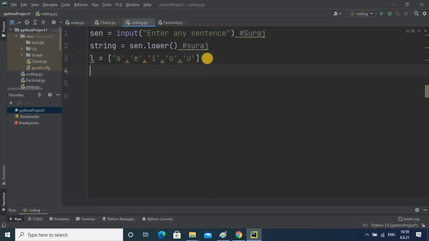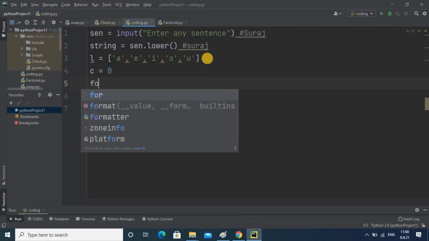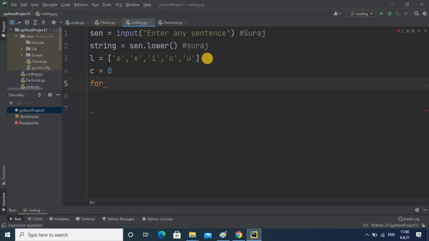For counting the number of vowels we need a simple counter variable. I am using c, and it will count the number of vowels. So c equal to 0, which you have to initialize in the program, and then I take one loop.